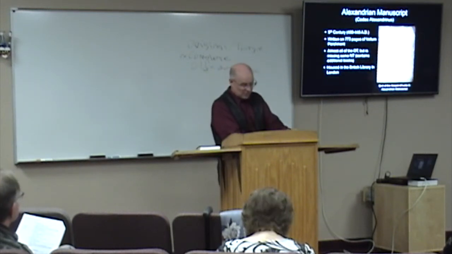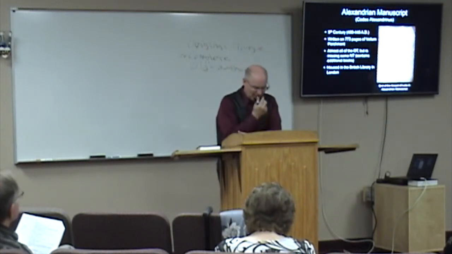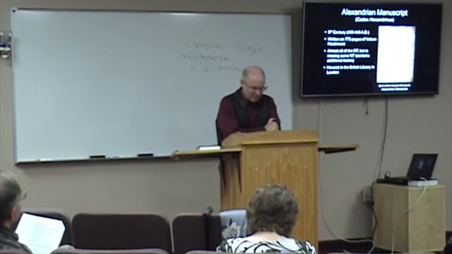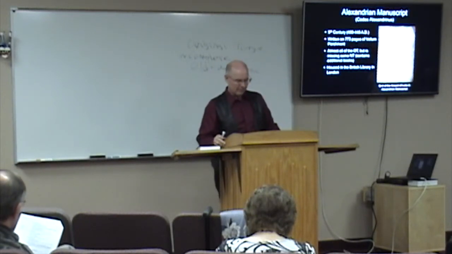The Alexandrian Manuscript, mostly complete Old Testament and much of the New Testament. This is again held at the British Museum. They have all the good stuff over there, by the way. Highly recommend that trip if you can pull it off. It includes additional books at the end. This is interesting: 1st and 2nd Clement. We'll talk about that when we look at the Apocrypha, but this has some additional books. Dates to the 5th century.